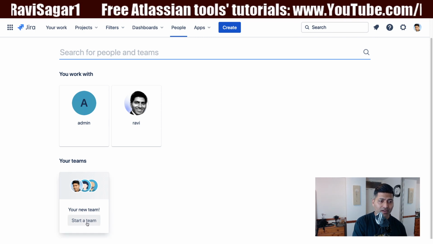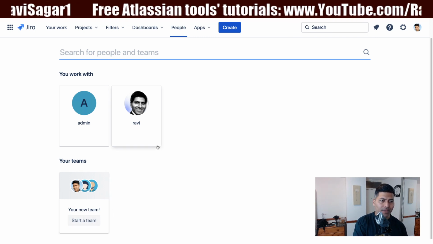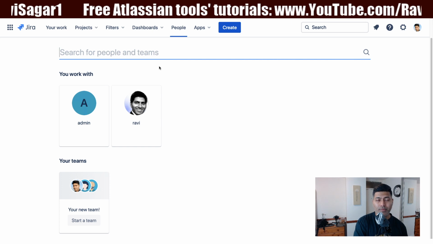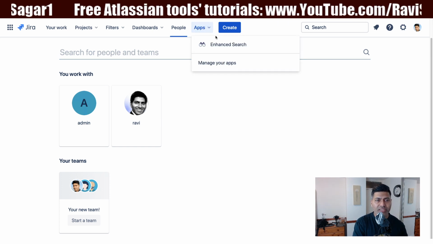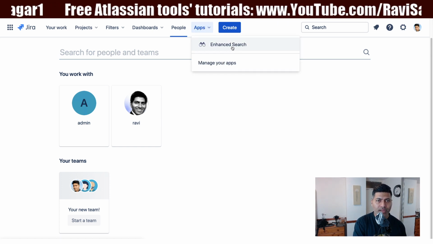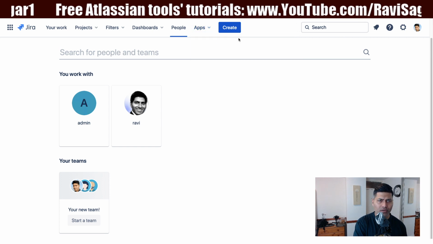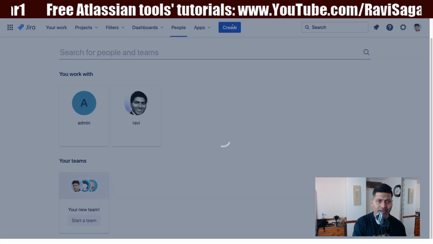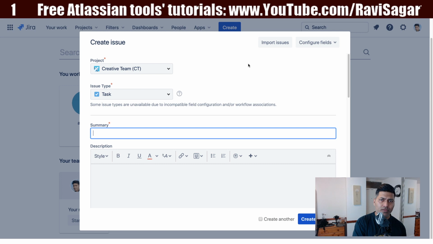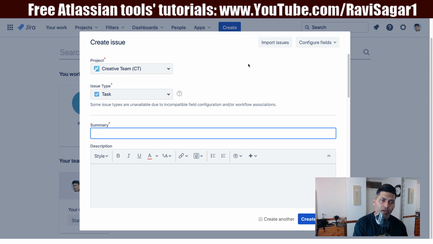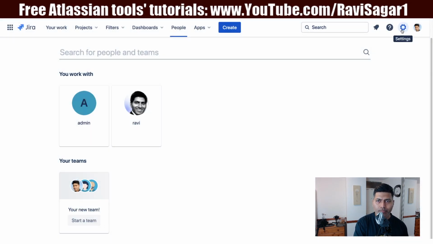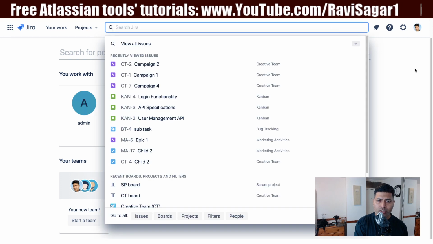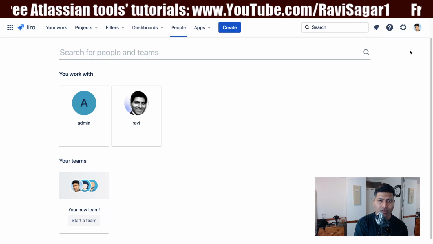So I can create a team. I can see people that are there, maybe the users, and then we have the apps. On top, I can see the announced apps. I can, of course, click on the button called Create. It will open the same dialog to create a new issue. And on the right hand side, you have search, which we all know how it works,